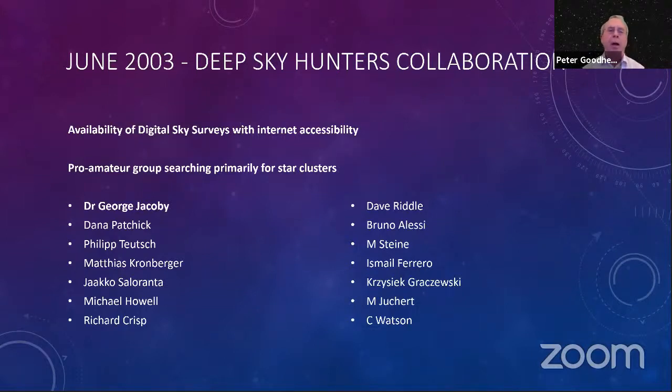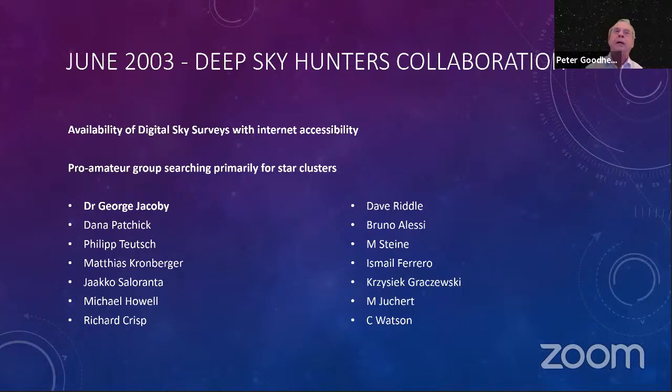George is an interesting chap in that previously in his career he had been involved in designing the main rockets for the space shuttle. But once he finished with that, he decided to move into more of an astronomical career and ended up running one of the big telescopes at Kitt Peak National Observatory in Arizona. And this was fortuitous because George was able to get time on the 3.5 meter telescope there, so that if the group found something, he could get the telescope looking at it and take a good look at what they'd found.